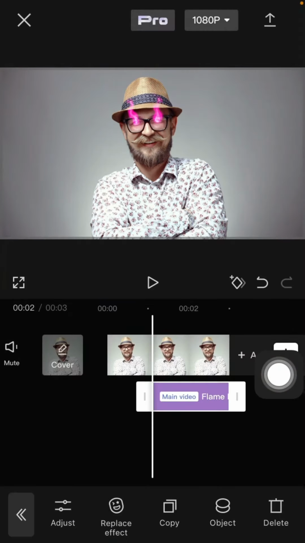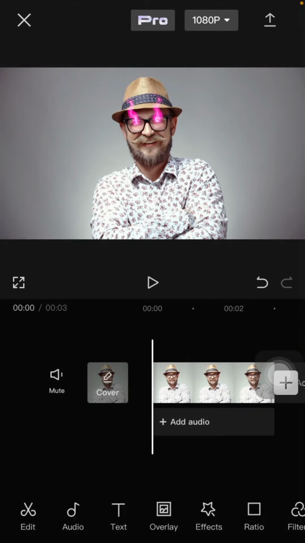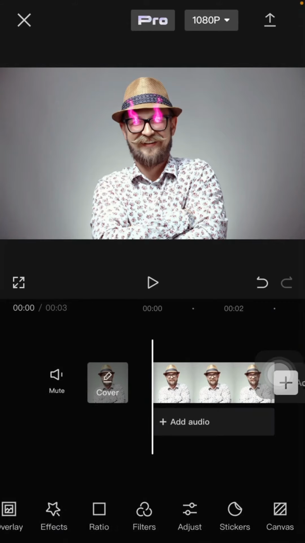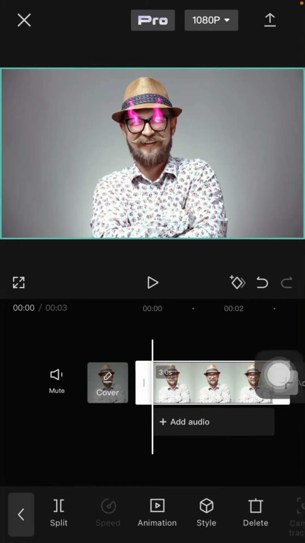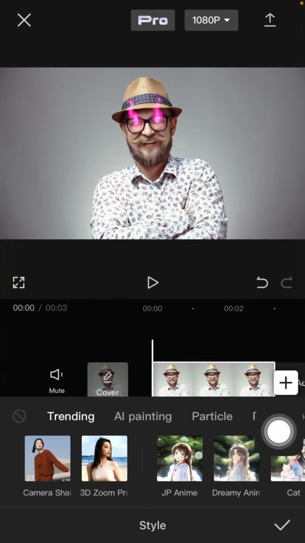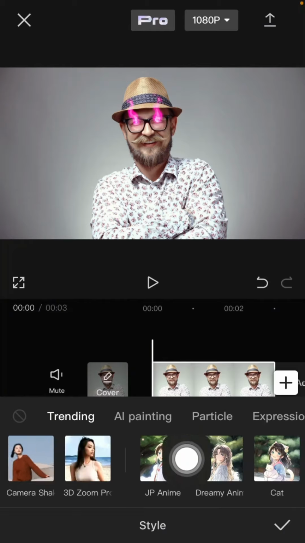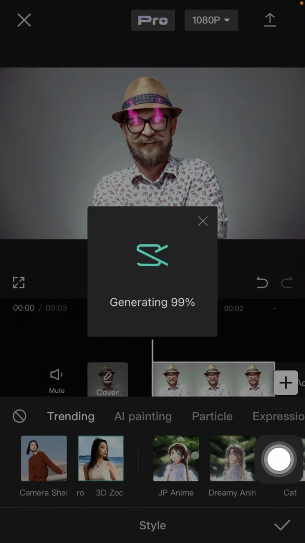And you can edit your photo by adding an AI filter. Click the clips, select style and select the AI filter that you like. For example, 3D Zoom Pro, generate,